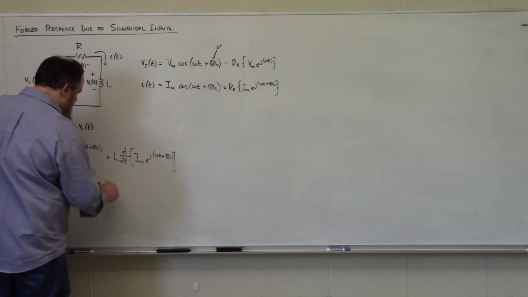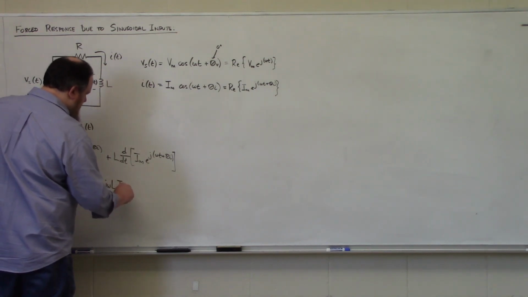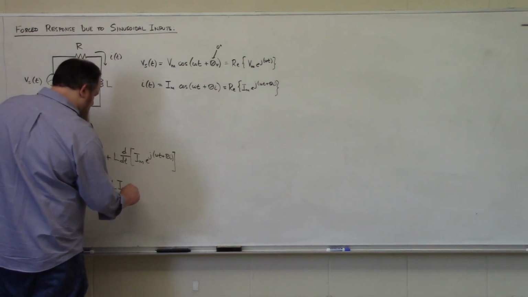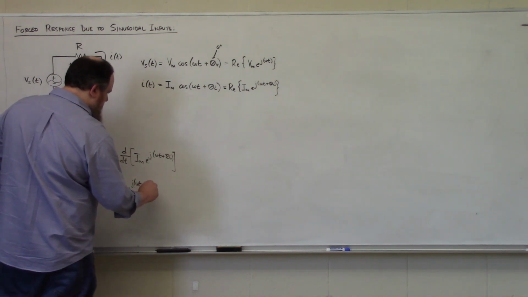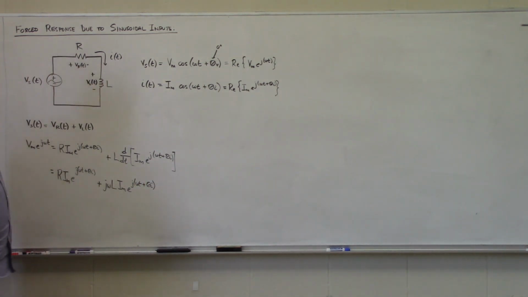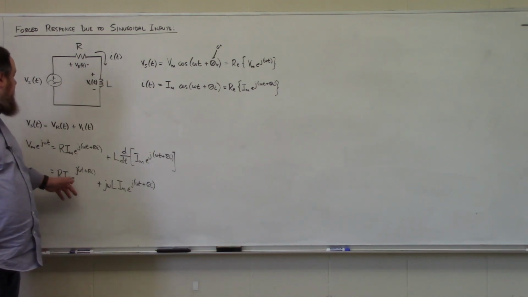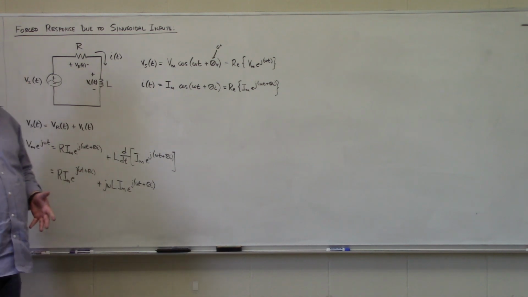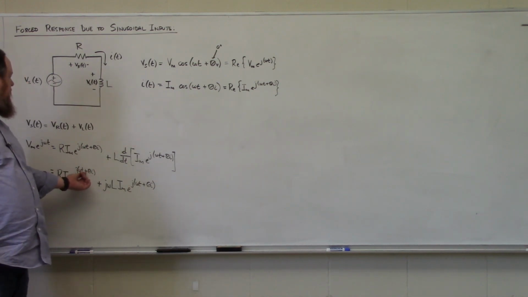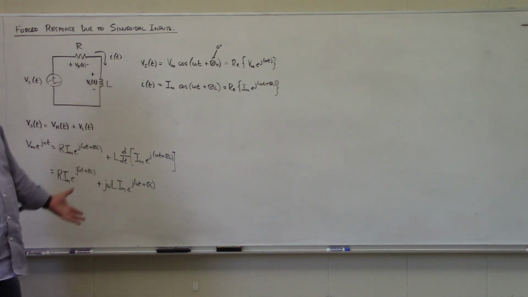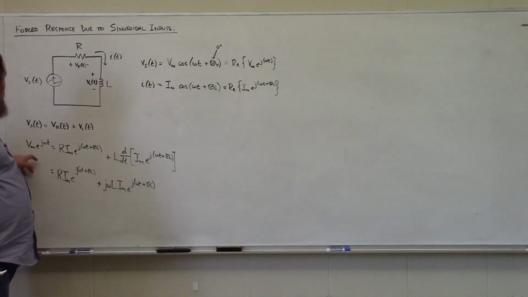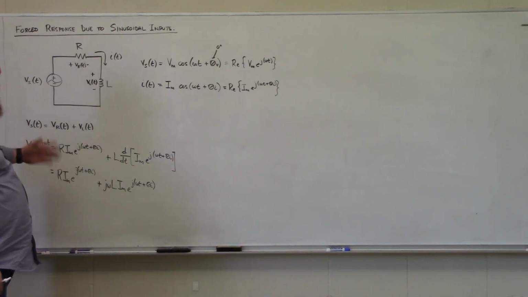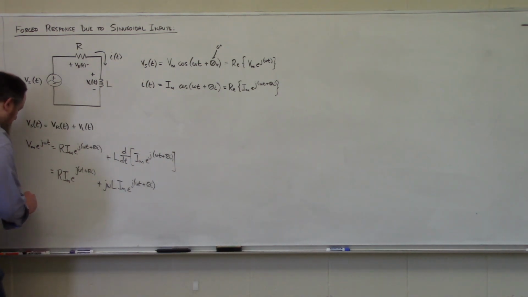plus j omega L Im e to the j omega t plus theta I. Now, e to the j omega t plus theta I is the same as e to the j omega t times e to the j theta I. So the sum of these arguments of this exponent can be broken up into a multiplication of exponents. So I can factor out a common factor of e to the j omega t from everything, which would leave me with